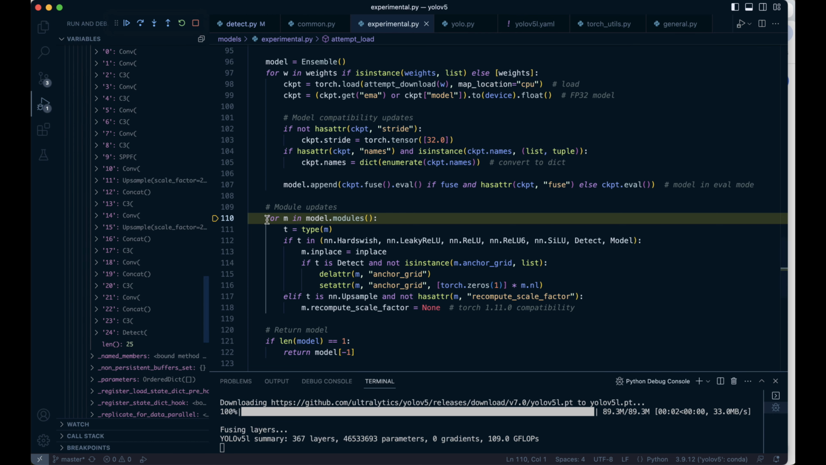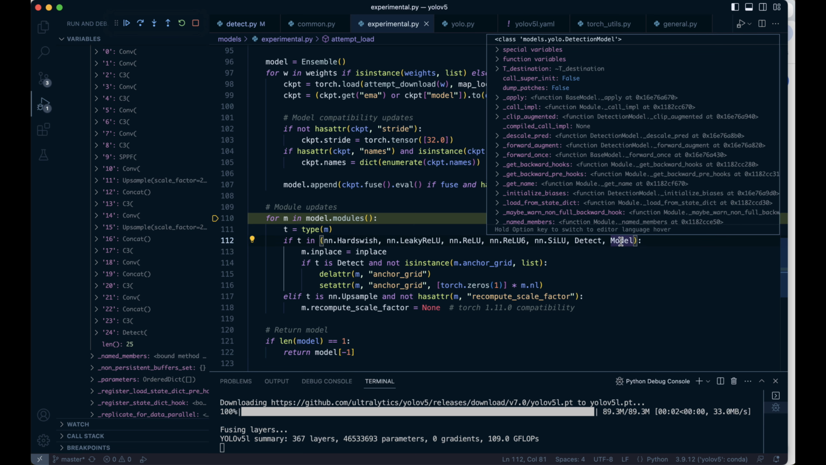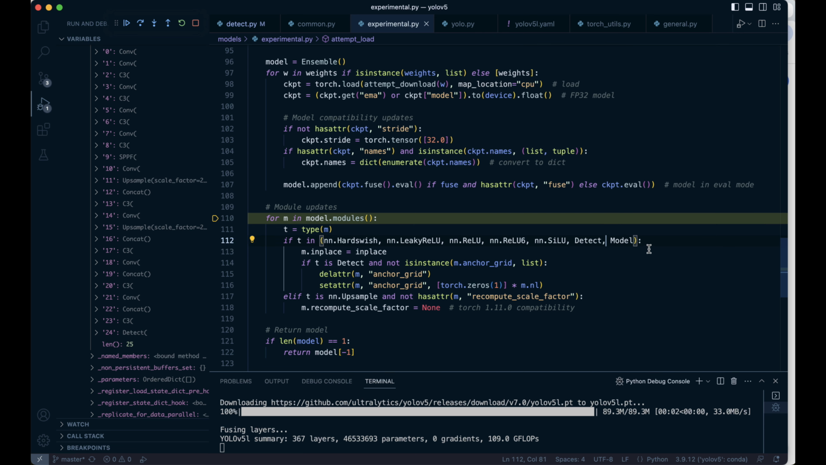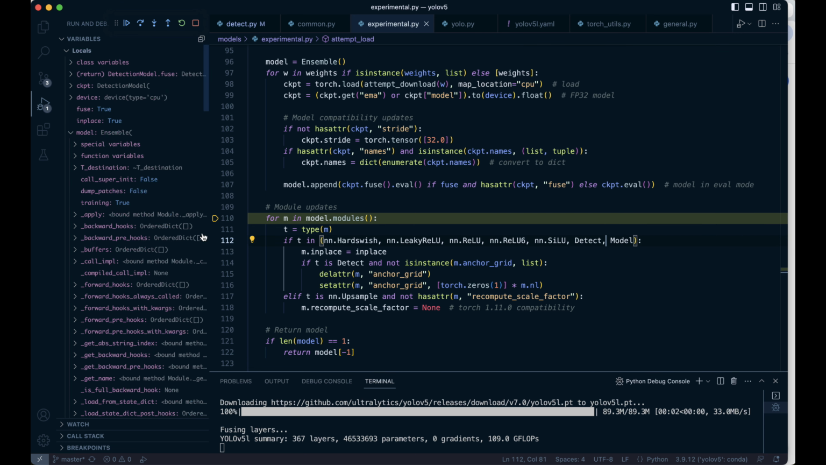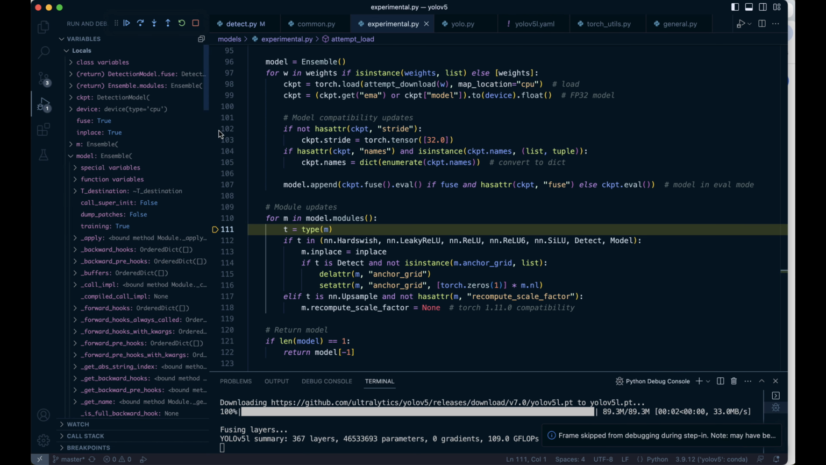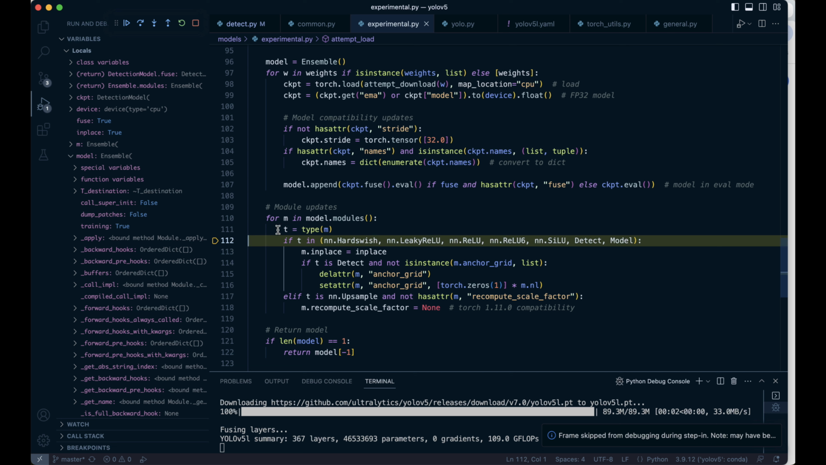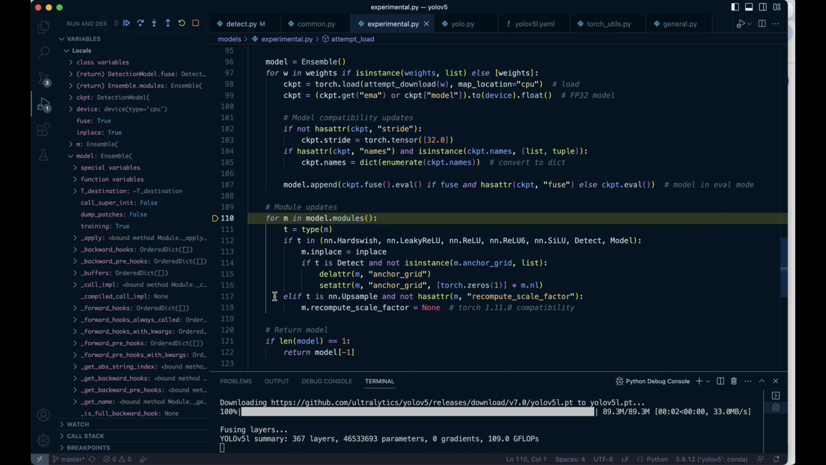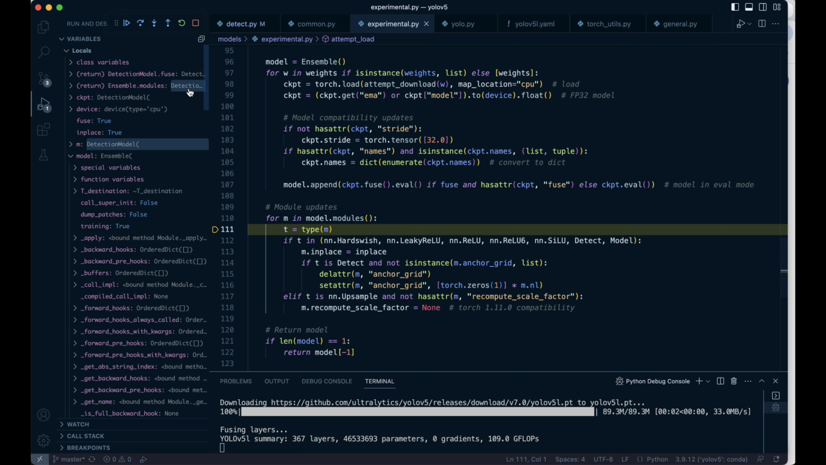Now we're going to iterate over these modules, and we're not using any of these, but if we find a SILU activation, our detect class or model, we will step into this. So let me scroll to the top first, and then let's start running this. Now the first module is Ensemble, which of course doesn't meet any of these requirements, so we'll step over this. Neither that one. The next module is detection model, and you don't see detection model here, but actually model is